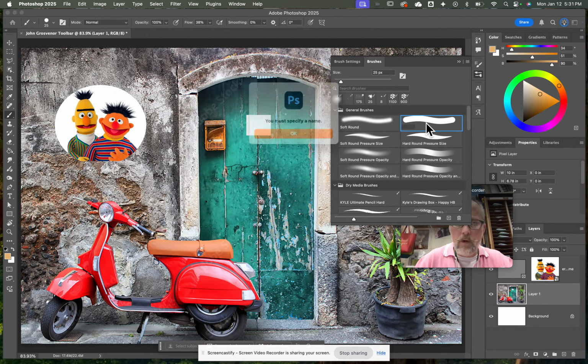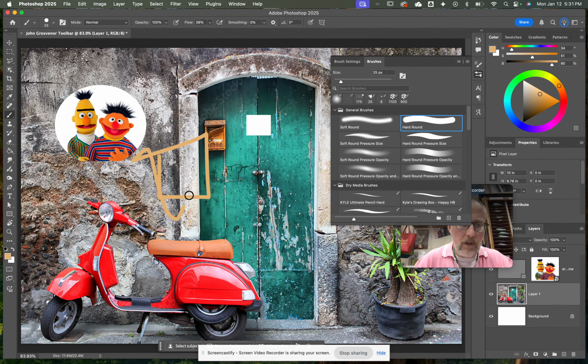I'm going to grab my brush here. I meant to rename my brush here. I'm just going to double click on there. And I'm going to come here and I can start painting with my brush, you can see, okay? I'm going to hit Command Z and undo that, okay? Let's select the color of this